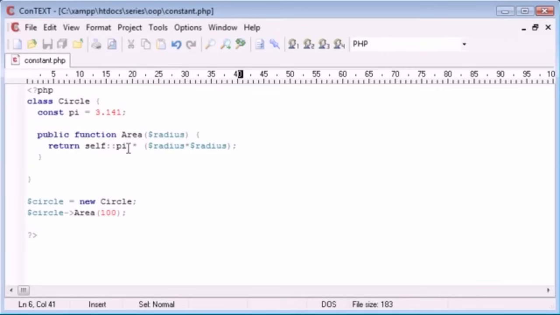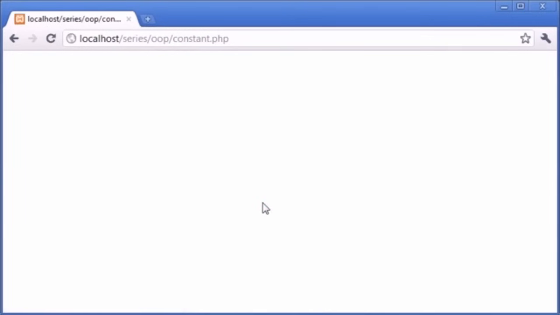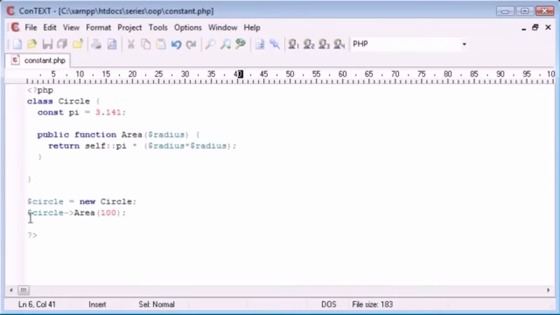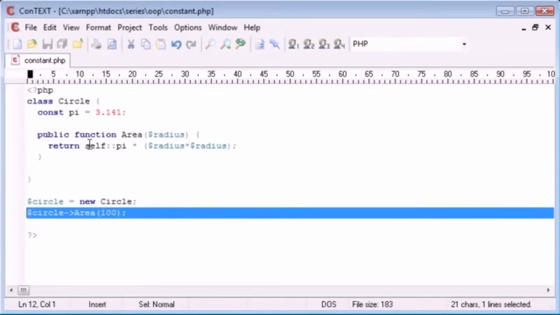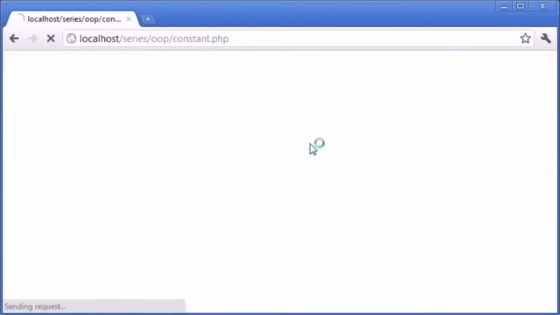So we've got return self::pi. Now let's refresh and you'll see that we've got no errors. We haven't got any output yet because we haven't echoed out the value that this method has returned. So we have a return value here from this method. Let's go ahead and echo that out and see if that works. Okay, so we've got a return value of